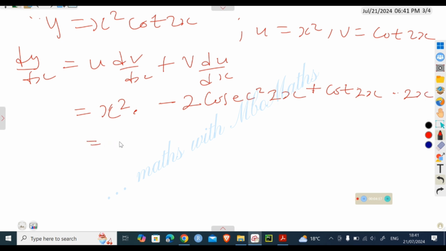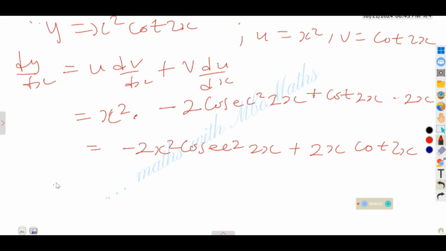This is equal to minus 2s squared cosec squared 2s plus 2s cot 2s. So the dy/ds will now give us